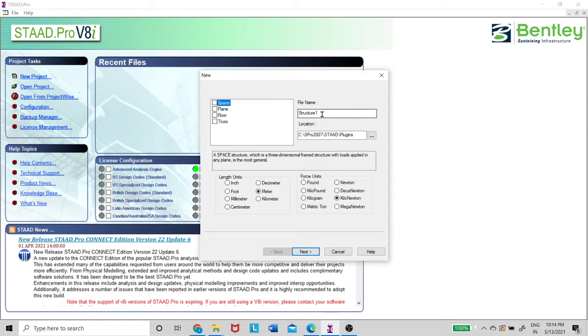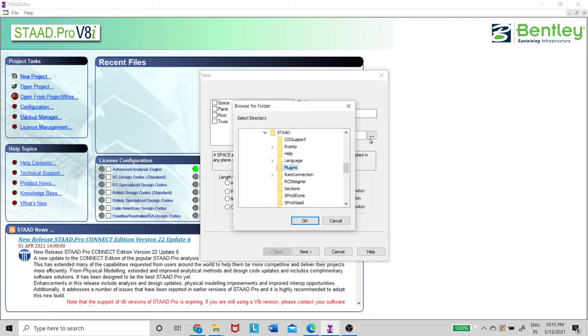The file name can be whatever you want. I will say this is overview, and then the location where you want to store this file. By default, it gives the folder where STAAD was installed. Now I want to store it in a different folder, let us say STAAD Pro exercises.